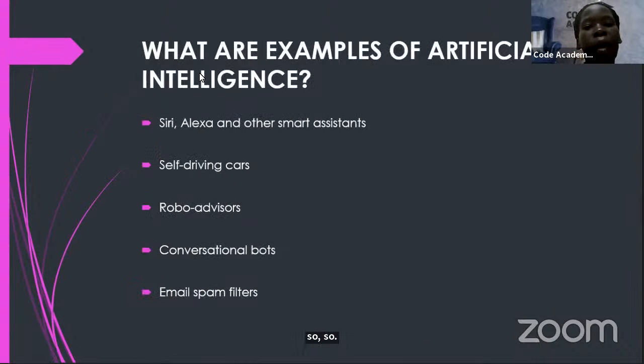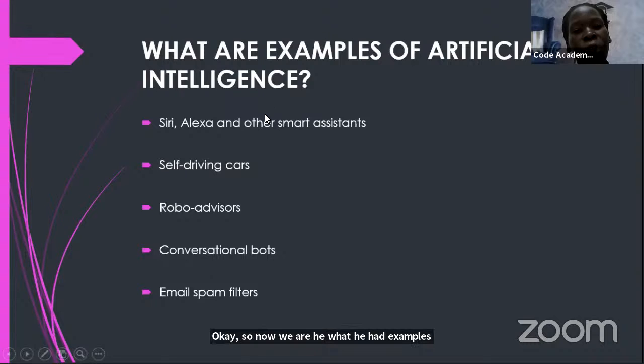Okay, so now here are the examples of artificial intelligence. One example is Siri, Alexa, and other smart assistants. You get it? You can ask it, how are you? For example, you can ask 1 + 1. It's programmed, it will tell you. You can ask it how the weather is in any area. It's a smart assistant. Alexa does the same thing.